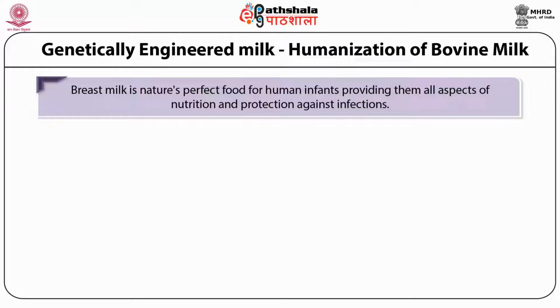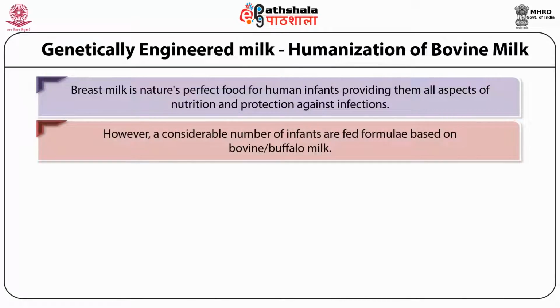If you try to give any other milk to the babies, the baby cannot adapt to it or digest that milk because of the differences in the composition of the milk. Various attempts have been made to improve the bovine milk which can be given to small babies or infants. So a number of infant formulas have been